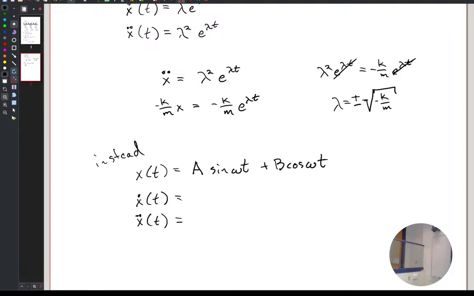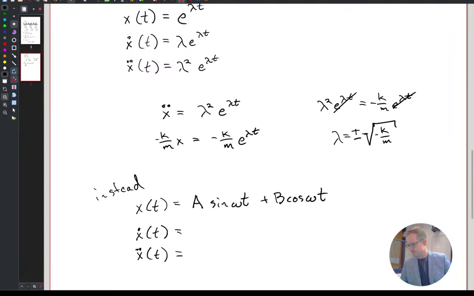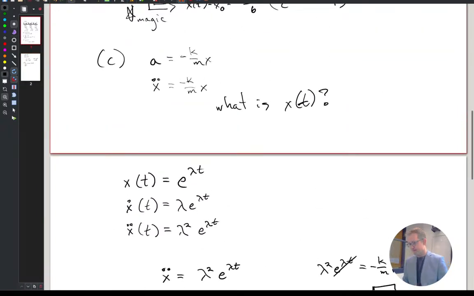How did you know to do this? Sorry, how did I know? I think it was intuitively how it works. How did you take x double dot equals negative k over m times x, and then you're like, all right, how do you know we need something that has double? Yeah, so